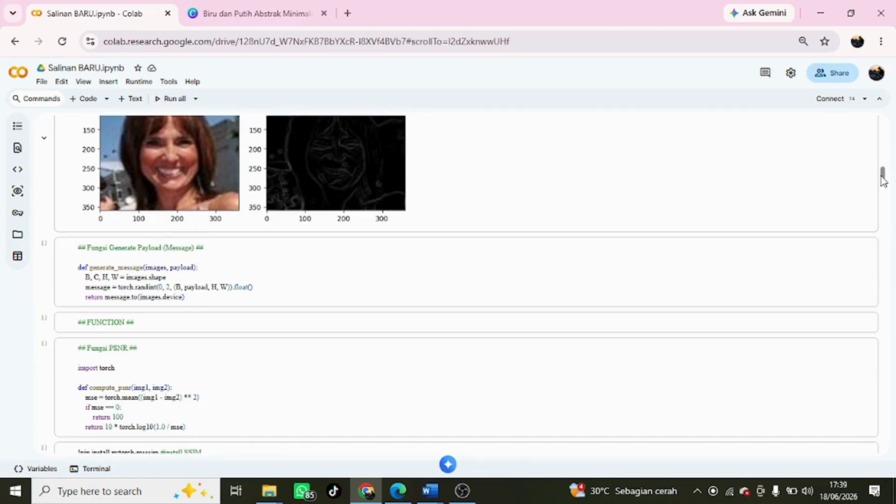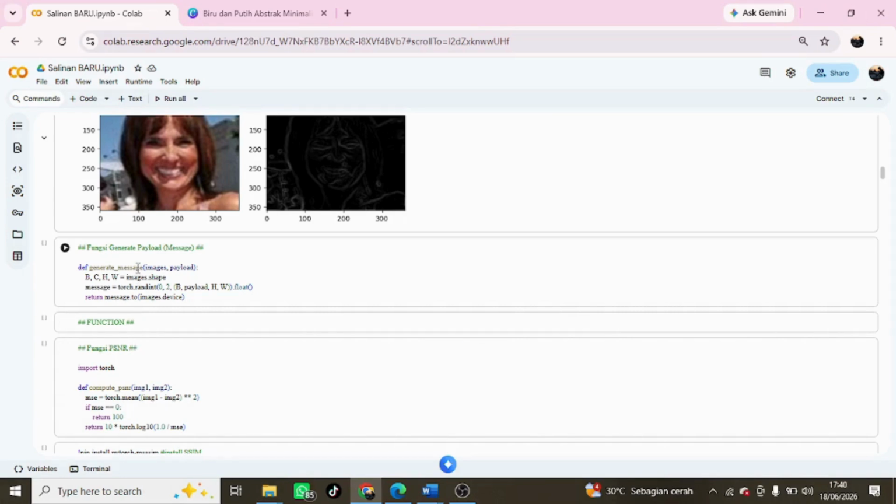And next, generate image. Once the data has been verified as valid, the next step is to generate a secret message or payload to be embedded into the image. In this study, the secret message is not a specific text or image, but is randomly generated in the form of a binary vector consisting of 0s and 1s. The message generation process is performed using the generate_message function.